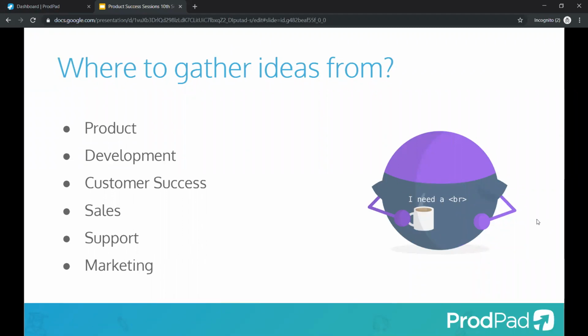Sales are speaking to your potential customers. They're going to hear where your product wins over others, and the reasons behind that. Equally, when you lose a sale, what was the reasoning behind that as well. So they're going to have valuable ideas. And similarly, marketing, they're going to understand the differentiation in the market, where the product stands out and how you can make better use of that. And equally, where competitors are doing well. So there's lots of valuable ideas to be gathering, and it's important to not be afraid to gather those ideas